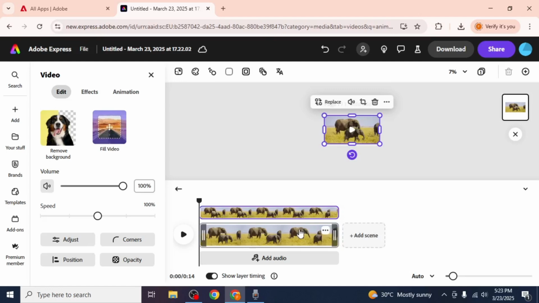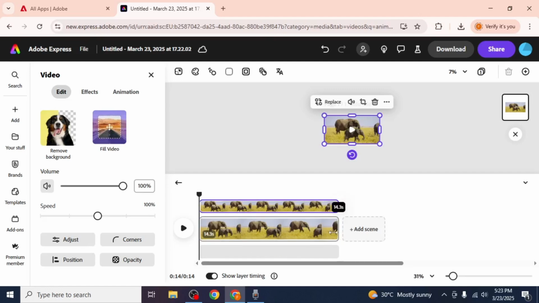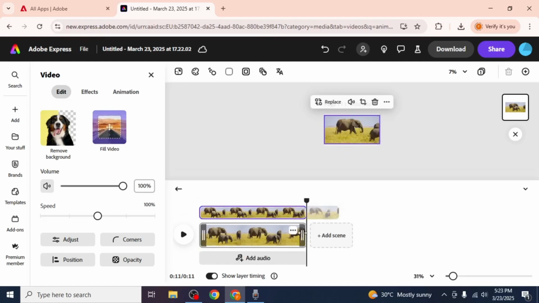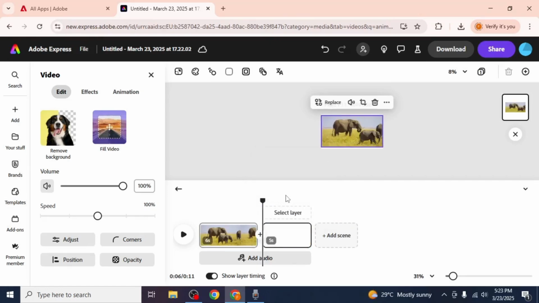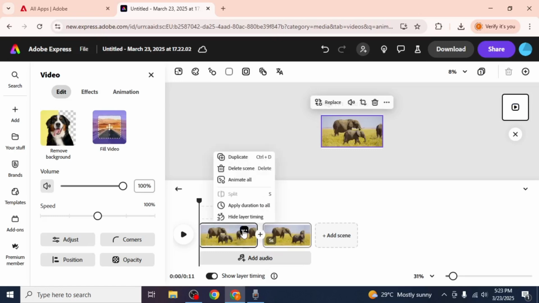To adjust the length of a video clip, drag the edges of the clip to shorten or extend it. If you need to cut a clip at a specific point, move the playhead to the location where you want to cut, click on the three dots on the clip, and select Split. This will separate the clip into two parts. If you want to delete a part of the video, click on the three dots on that specific part and